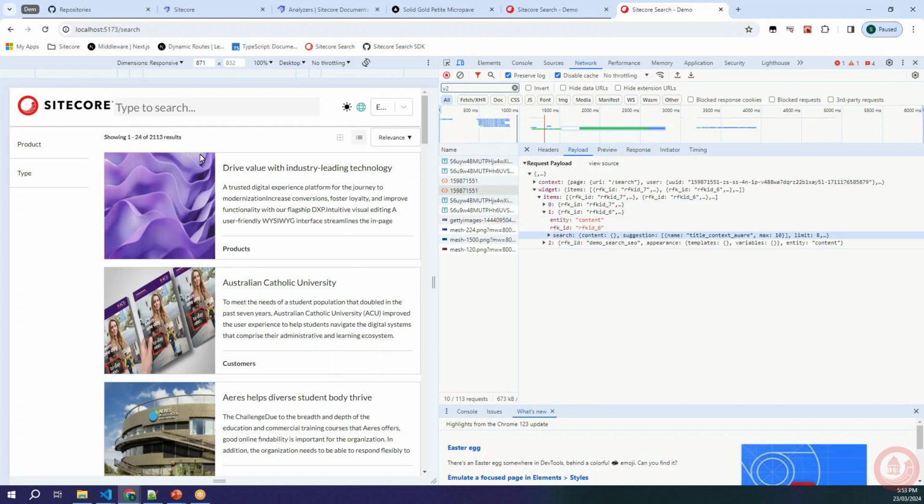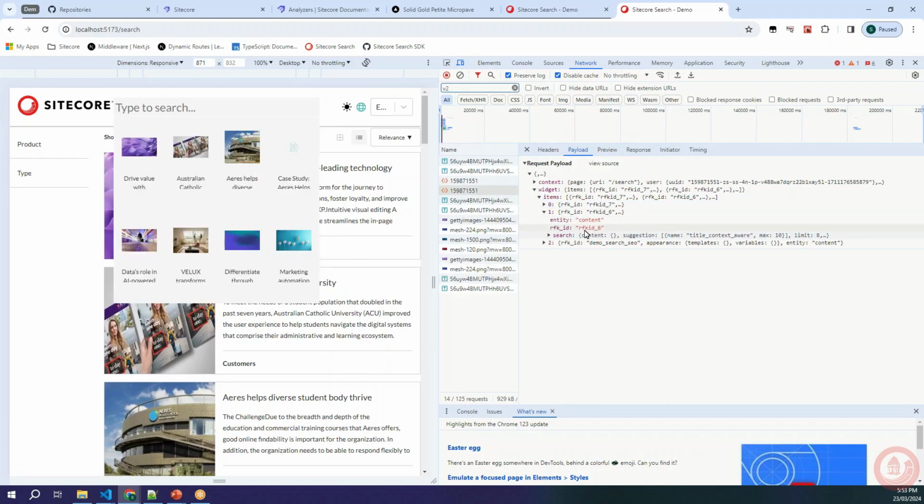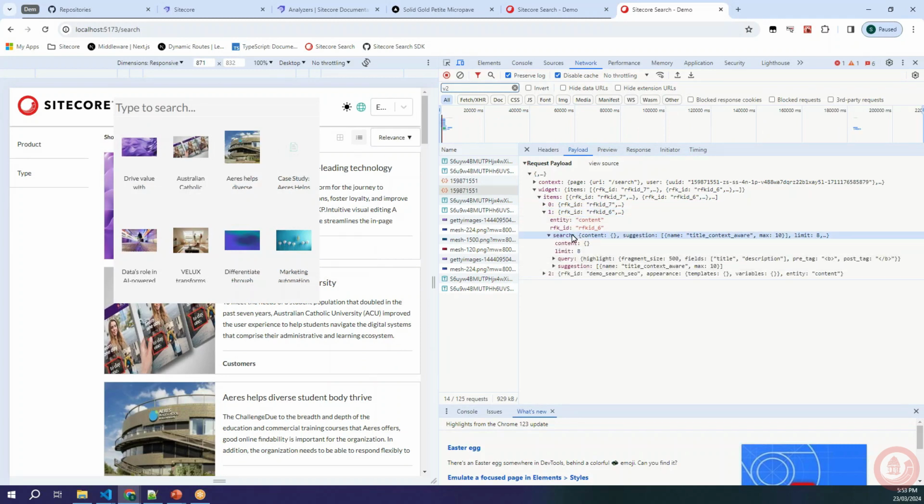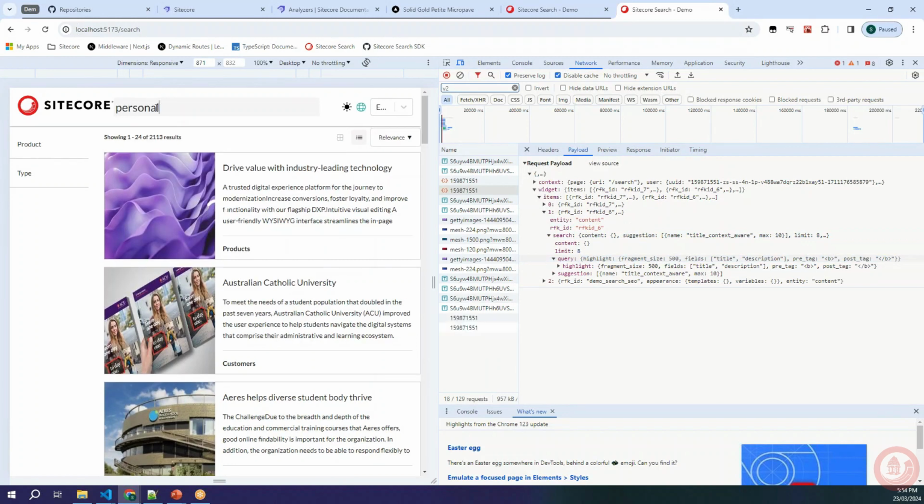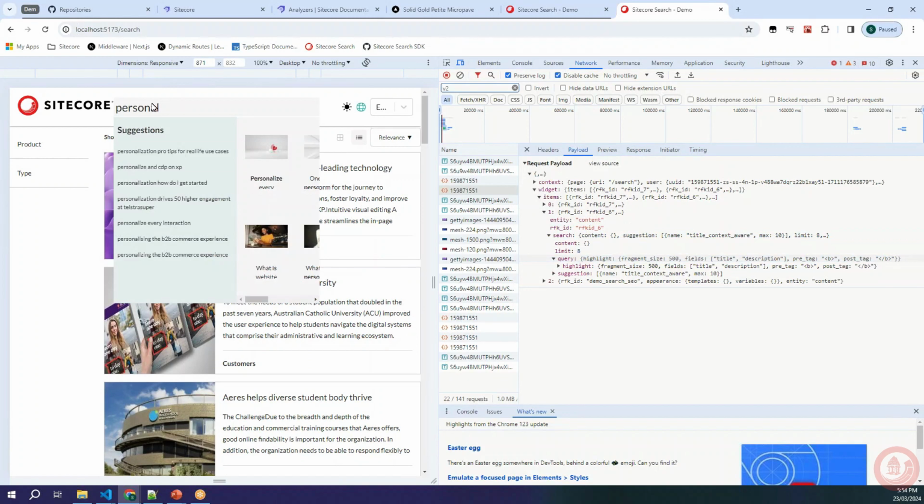So the preview that you see here is coming from this RFK 6 request, and we are saying that you should return us this preview, and also highlight if there is a query, then I'll start highlighting that. So for instance, if I was searching for something, let's say persona, as I was doing in there, then this